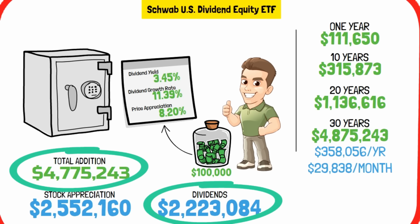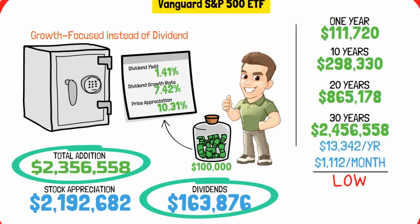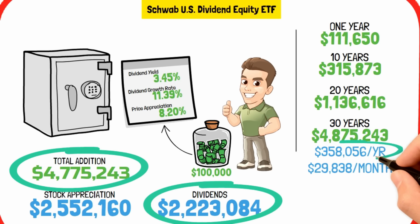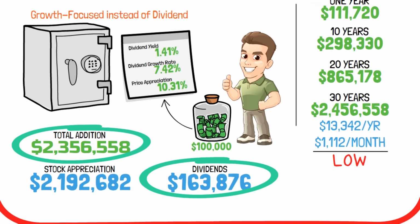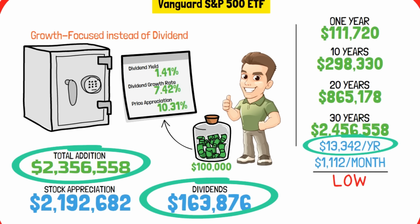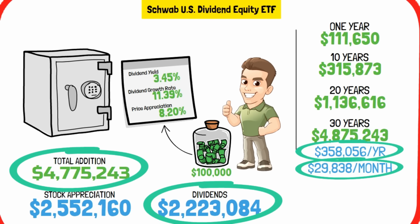The standout difference, however, lies in the total dividend reinvestment, with SCHD offering a substantial $2,223,084 compared to VOO's $163,876. This is why SCHD provides a significantly higher annual dividend income of $358,056 compared to VOO's $13,342, which means its monthly dividend income of $29,838 far exceeds VOO's